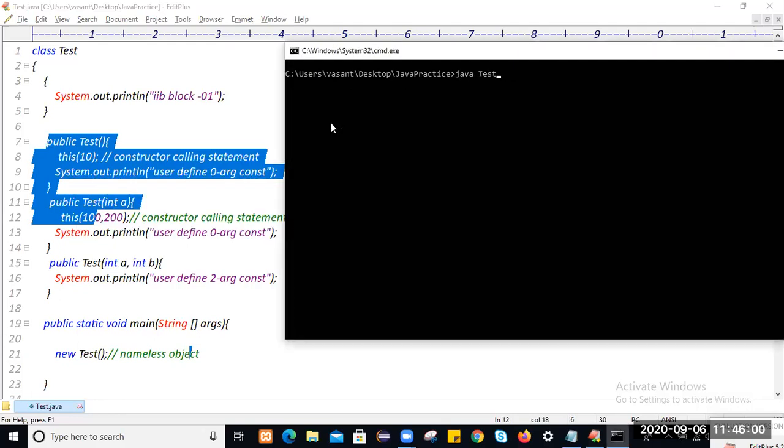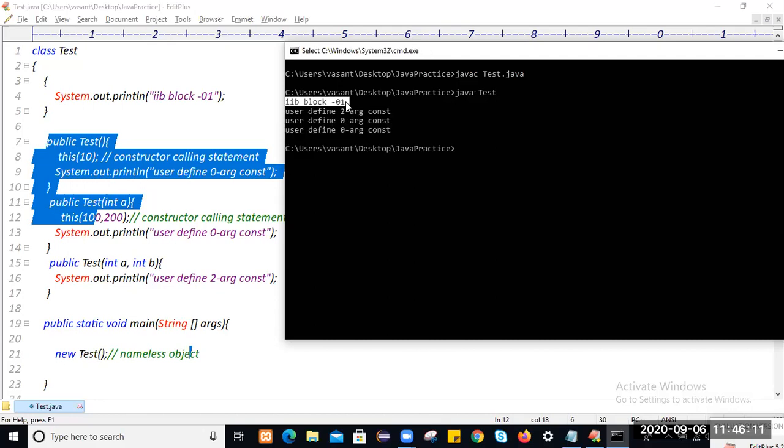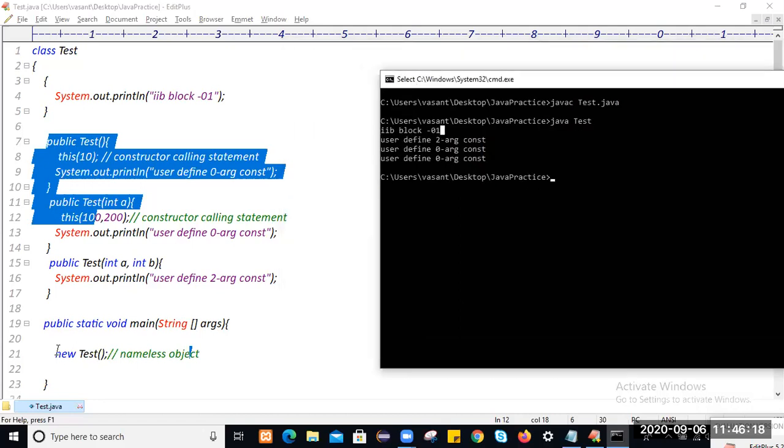Let me clear your previous one and just execute. You see, instance block 01 got executed only once, because of how many objects you created. Only one object is created within the class.